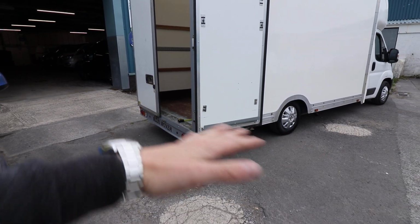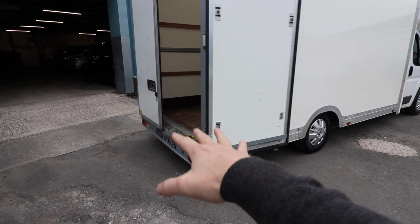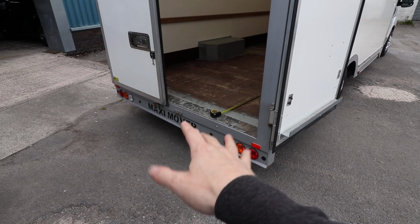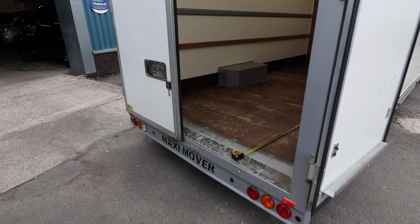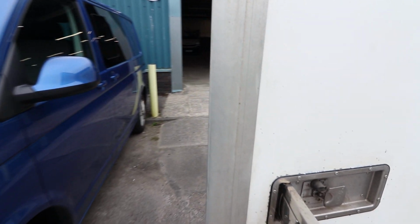So this is in a mid, sort of middle setting at the moment, but you can lower it from here using a control on the dashboard, which I will show you soon, and as I say, get that even lower to the ground. If we shut the rear barn doors, I can then talk to you a bit about